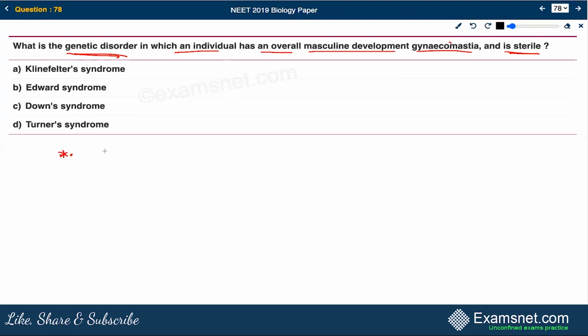Out of all the options given, Klinefelter, Edwards syndrome, Down syndrome, and Turner syndrome, basically,